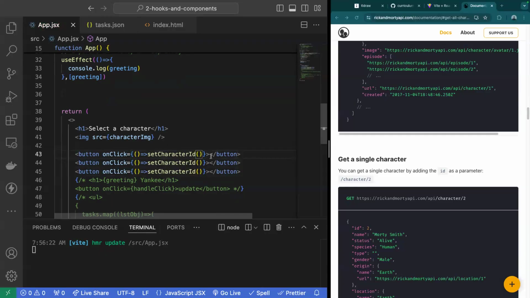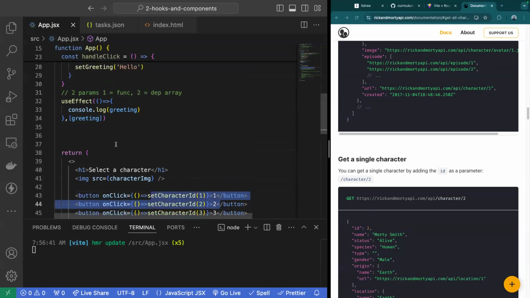All right. 1. Oh, that messed it up. Okay. Let's have 2 and 3. Now, this is all just experimental, right? We have our buttons here. We have our set character ID. So let's start creating these